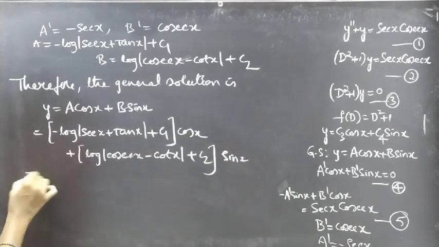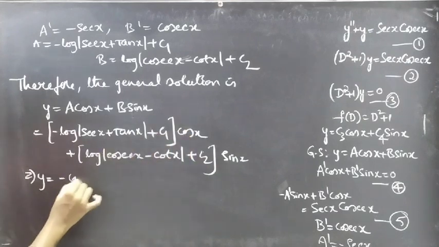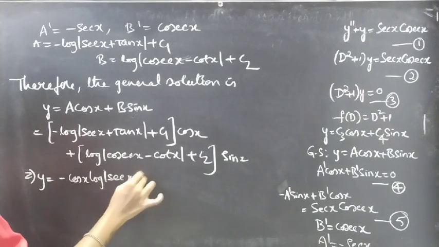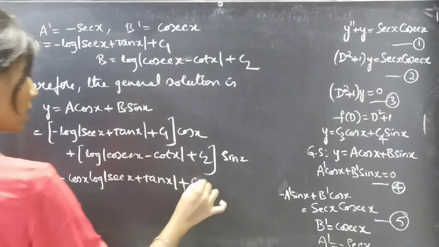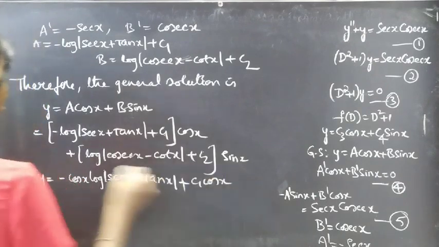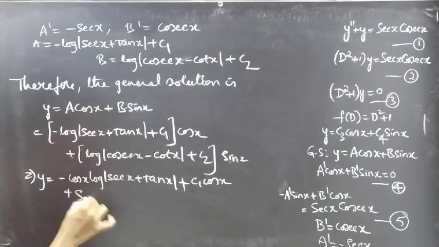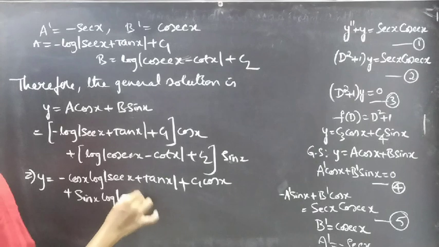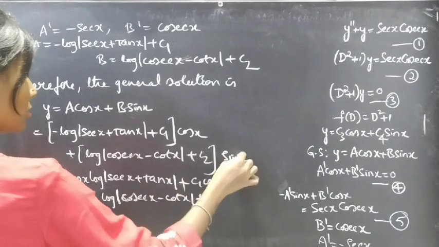This gives us y equal to minus cos x log mod secant x plus tan x plus c1 cos x plus sin x log mod cosecant x minus cot x plus c2 sin x,